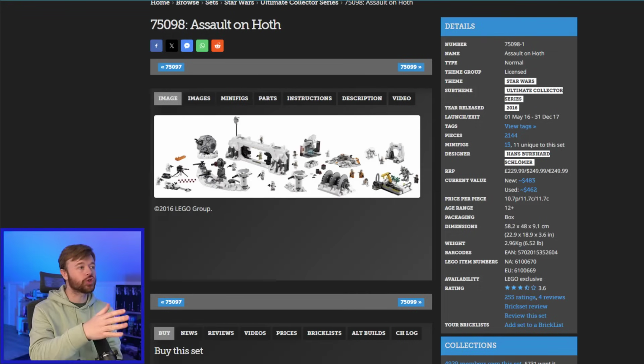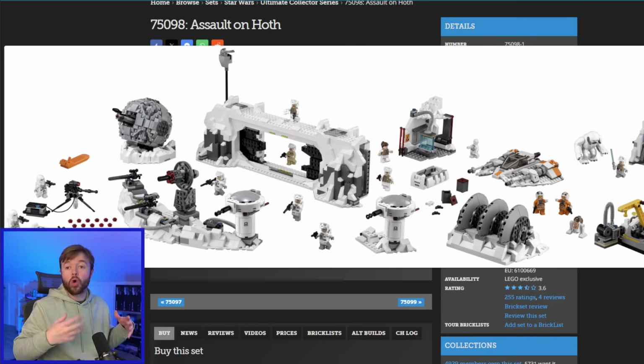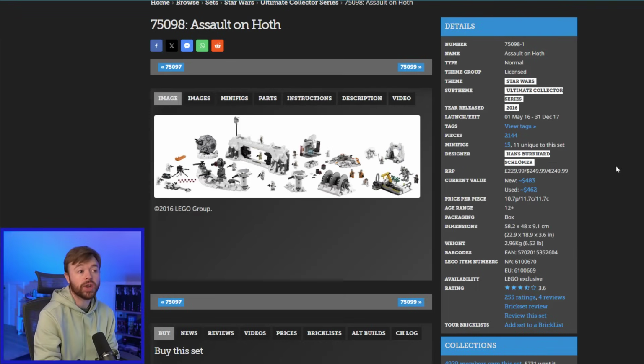So let's just jump straight in here into these UCS sets, and the first one we're going to look at is the Assault on Hoth. This is 75098. This is a set that retired in 2017, so we're going back a while now, but some people do hold their Lego investments for that long. We are now in the 7th year of retirement on the Assault on Hoth set, of course. This is a set that was $250 of MSRP, and it had